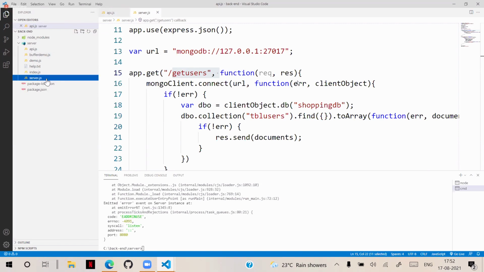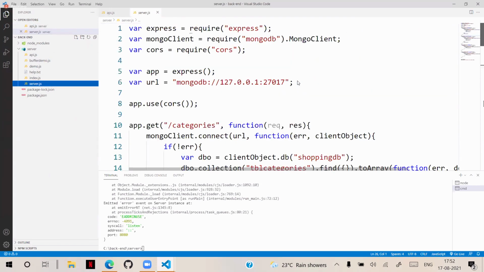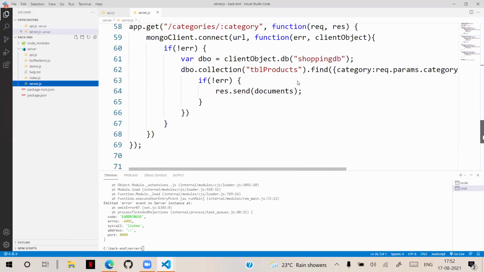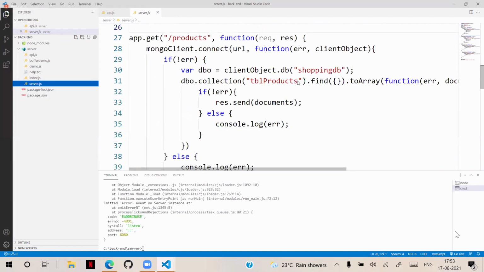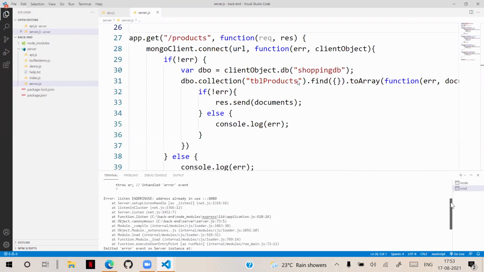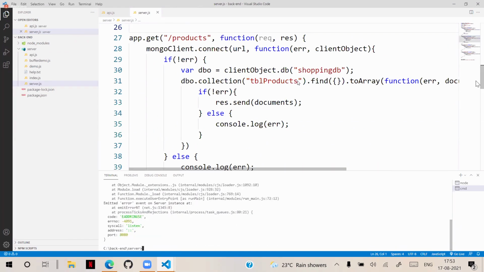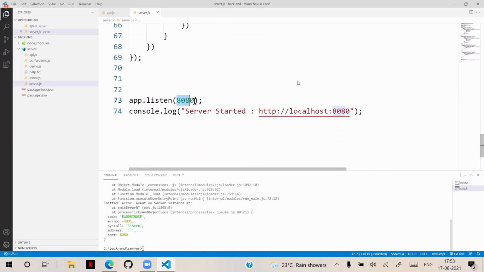So we have server.js. In that we have categories information, products information. We are accessing the categories and products information and displaying that. So you see it is already running on another port number. I will give this some other port number, then it will be there.